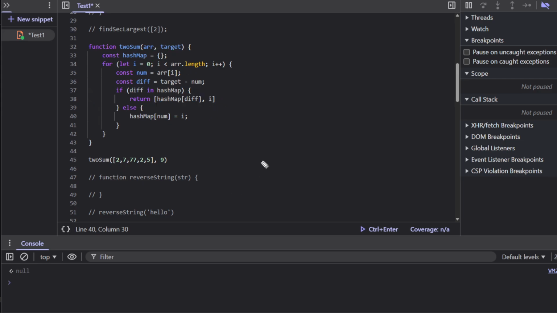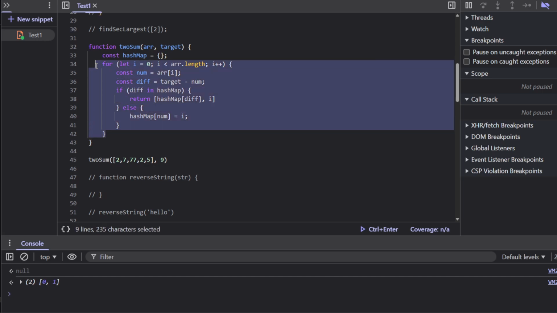And now if I run it, see, I'm getting 0 and 1, right? And this is now taking just one loop. So this is now having O of n, right? So the time complexity here is